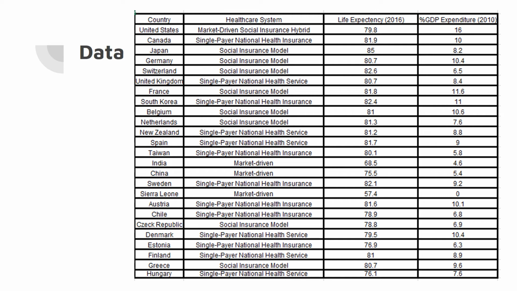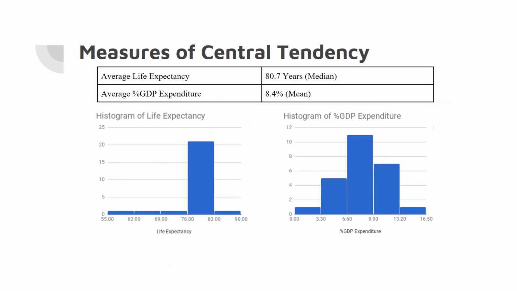The two different variables, as you can see, are life expectancy and percent GDP expenditure. Now, I want to point out that I used different years for a reason. As you can see, percent GDP expenditure is from 2010, while life expectancy is from 6 years afterwards. And there's a reason behind that. The change in percent GDP expenditure does not reflect immediately in life expectancy. So what I did is I picked about 10 years before so that there is enough time to reflect the change in life expectancy.